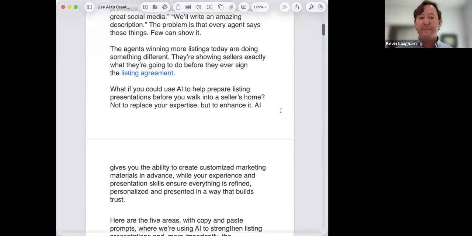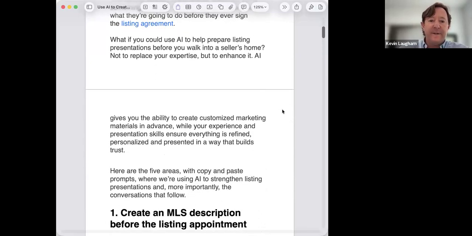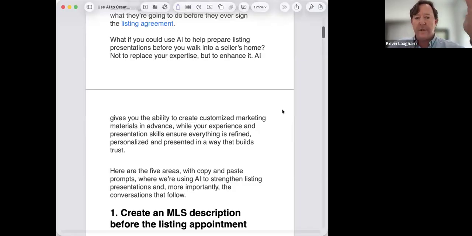and that builds trust, right? So the cool thing about the AI is it's not there to replace your expertise. It's just there to enhance it. And so AI does give you the ability to create customized marketing materials in advance. While your experience, your presentation skills, your knowledge, those are the things that, of course, are going to be coming out in that presentation. But you're going to be able to have some of these things that are very specific